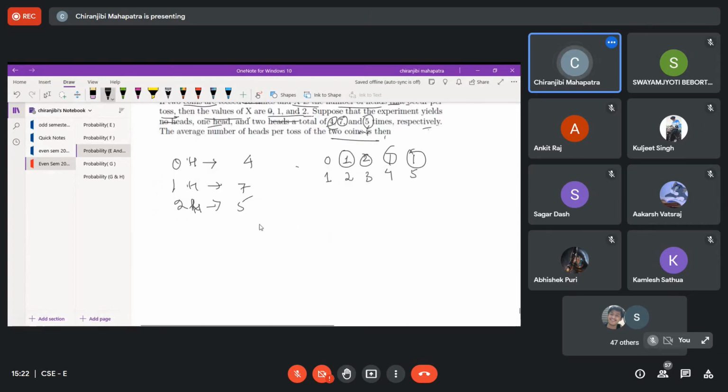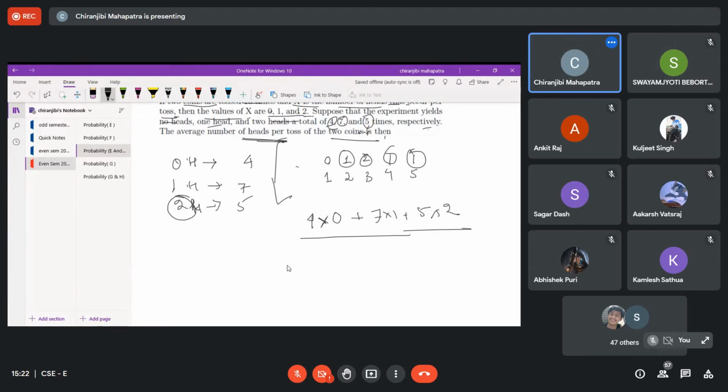सो व्हाट यू कैन डू इज, so the mean of the toss per toss. So यहाँ जो mean है, mean number of heads, so this will be equal to 4 into 0, क्योंकि 0 जो है वो appear हुआ है 4 times, so 0 with frequency 4, plus 7 with frequency 1, plus 5 into 2। ये सब